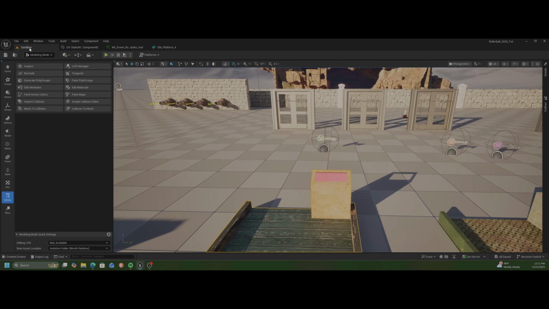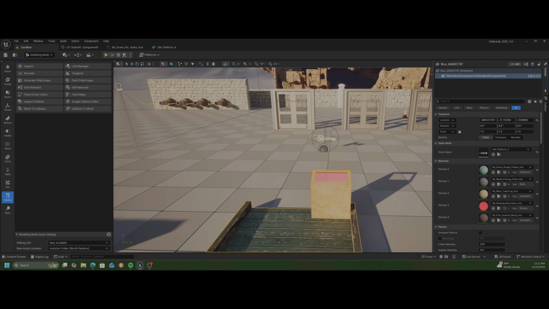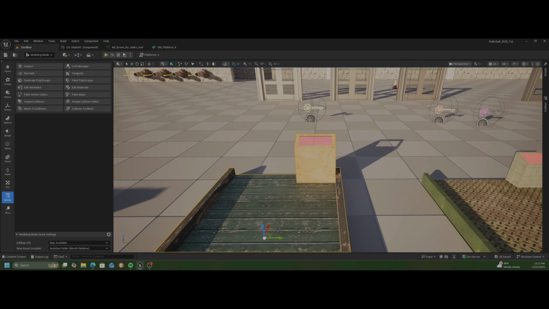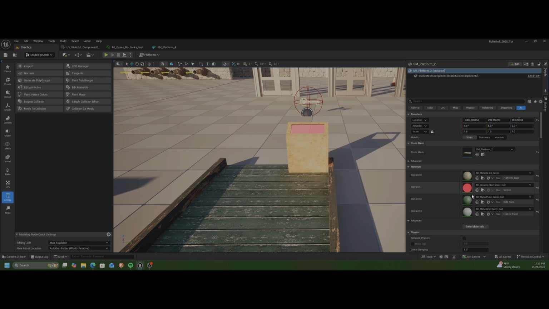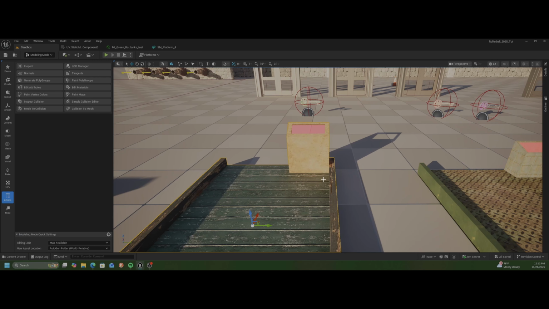We can save it. Go back into our sandbox. We can see under the details that everything now, for the slot name, if I were to drag this back out, the slot name actually matches up with what we gave it. So we could, if we wanted to, change something. If I wanted to use this particular material here, I can go find it for my rails. And then if I select this one here,